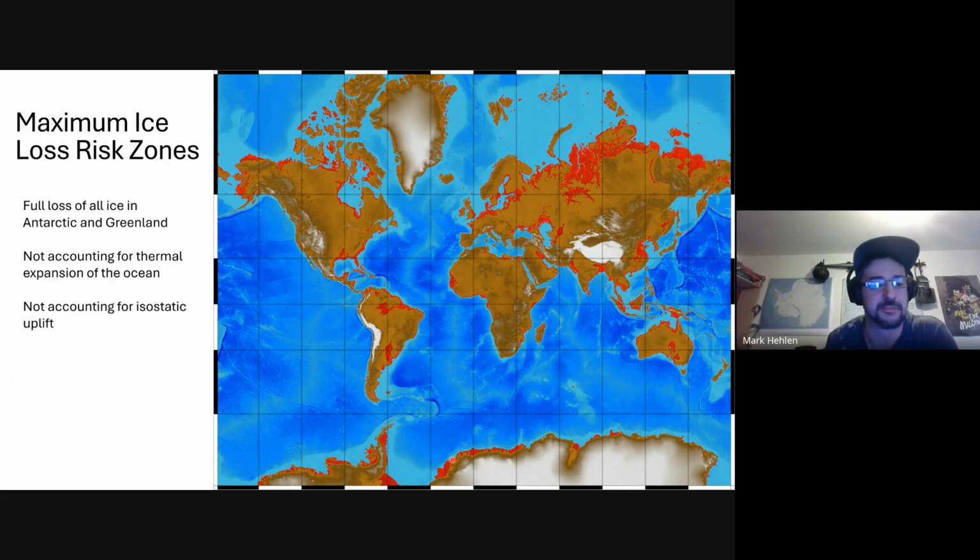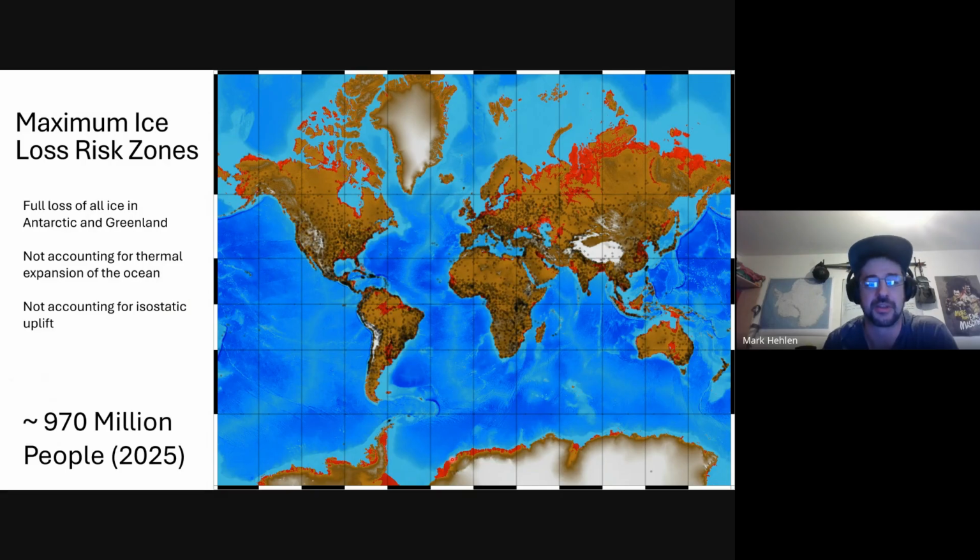And that's potentially important because if we map where the humans are, we see that with an estimate of 2025 global census mapped onto this, we're looking at a risk of about 1 billion people. But of course, all of this ice won't go away in 2025, and definitely not for hundreds and maybe thousands of years. So we would have, particularly speaking, a lot more people. But if we just take this quick and dirty estimate, we can see an idea of the